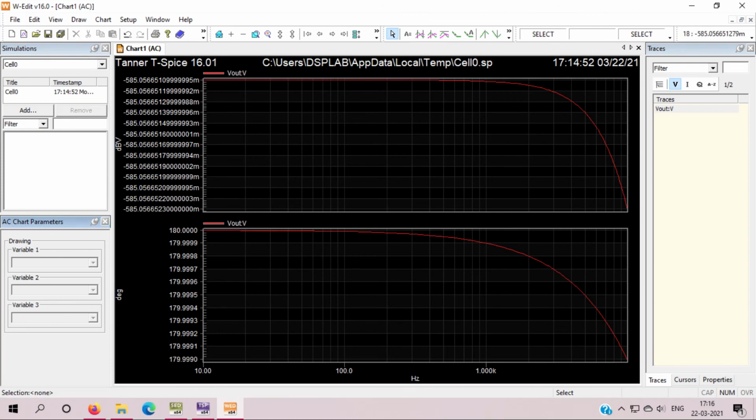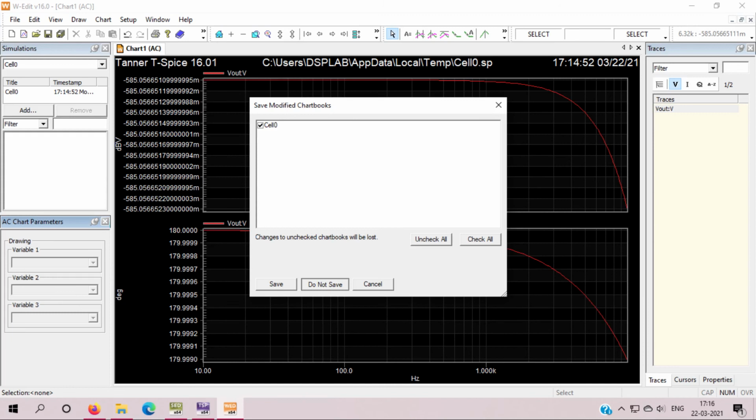Okay, so this is the output we are getting, and from this value we can calculate the gain, meaning normal gain. This is in dB form. So the output is okay, no problem with the output. We just have to increase the amplification, meaning we have to increase the gain.